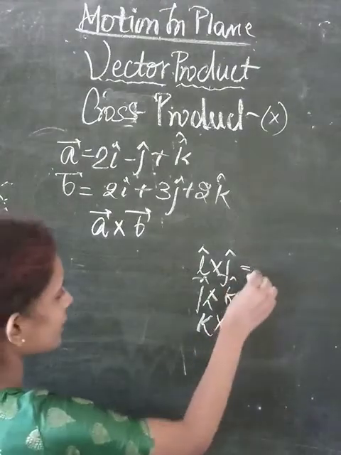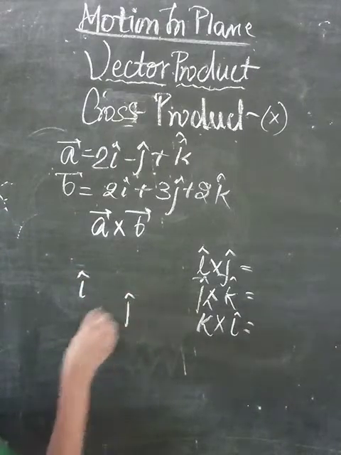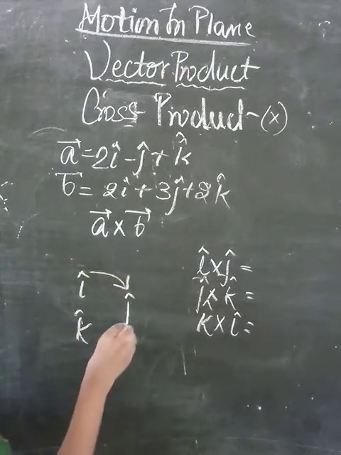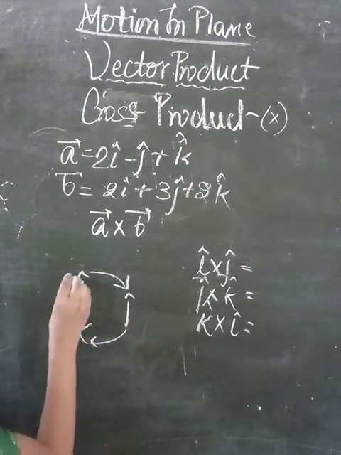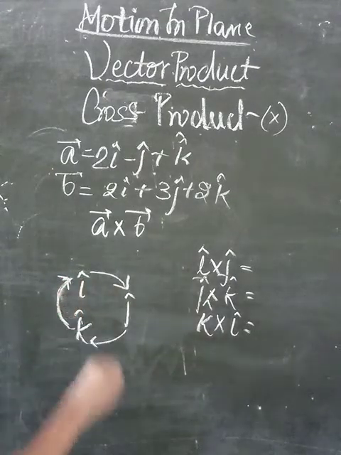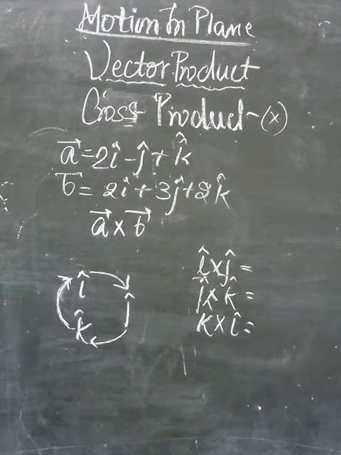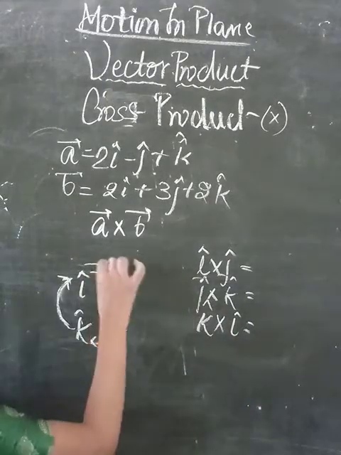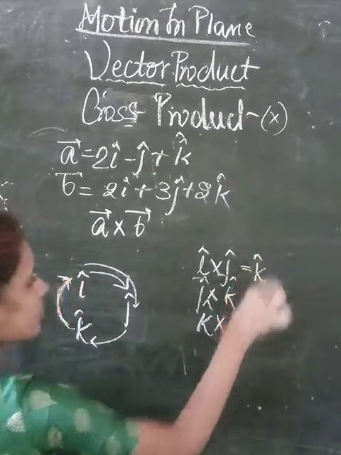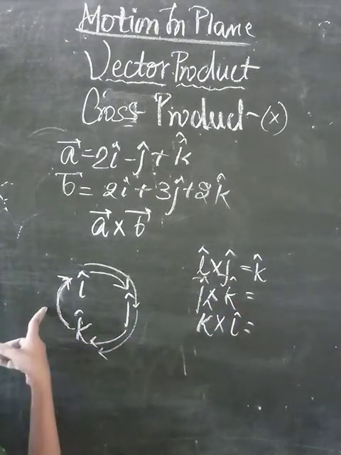So what we can write is, first of all, see the cyclic order, that is i, j and k. When moving from i to j it will be positive, j to k will be positive and k to i will also be positive. If we are moving against this direction, the value will be negative. So we can say that the vectors will come in negative values. So i cross j, what is it? The other direction is given by k, so the value will be k. Again, j cross k: the remaining vector is i.